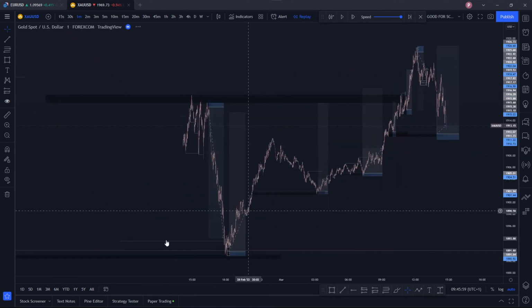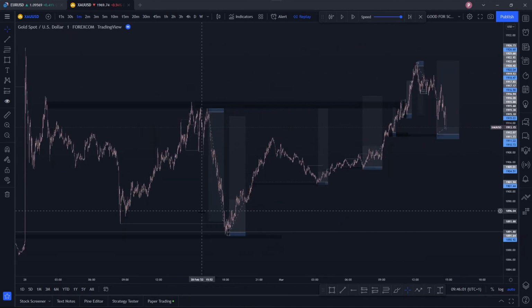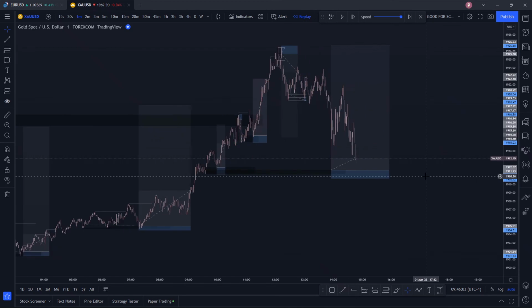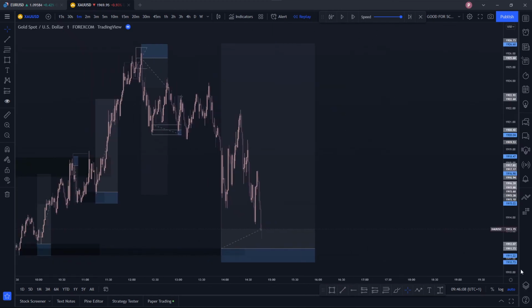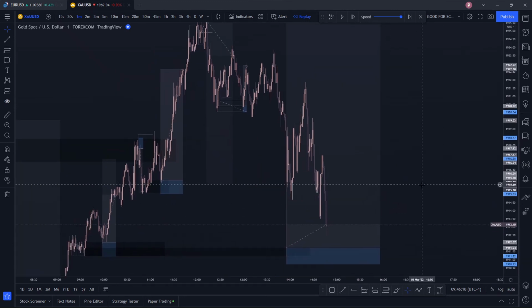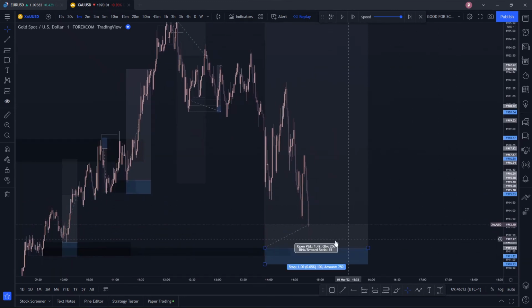I've had all of this. I will be an ungrateful asshole if I'm crying because of this. And it's just a 10 pip stop, and I didn't go break even. As I always tell my classmates, I don't like to call them students, it kind of sounds cringy. My classmates, my guys,